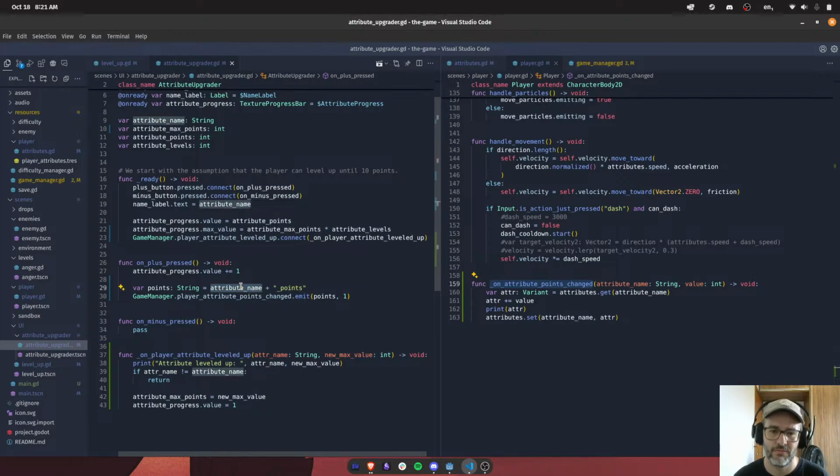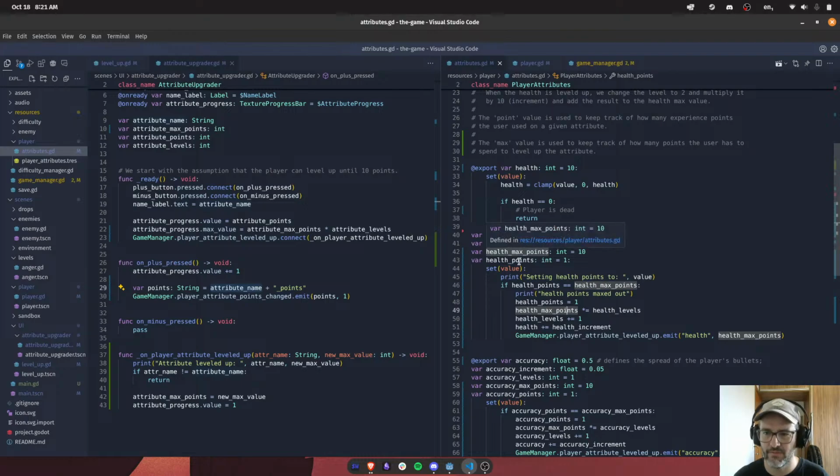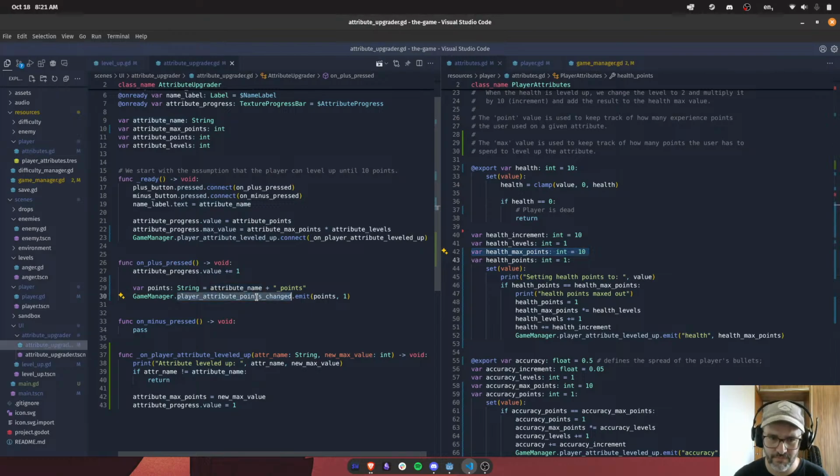So we are upgrading the points thing. So it's health points. That's the one we are incrementing. And then we're adding it up 1 by 1 until it reaches the max point. So that's what we do. Attribute points, change it points. We do this